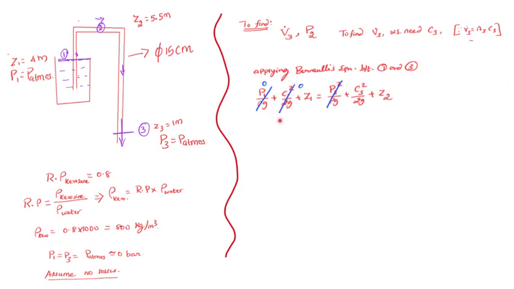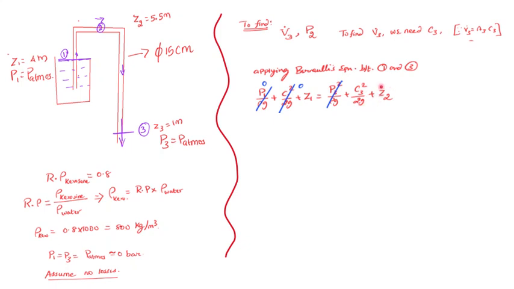What is the reason? Look at this, the velocity with which this oil is going to go down is going to be so very small compared to the velocity with which the oil is going to flow through this pipe. Because of the large surface area, the velocity is going to be very negligible. So I'm assuming it to be zero, so I'm just cancelling out. So the only thing that I have between section 1 and section 3 is Z1 and C3 square by 2g,